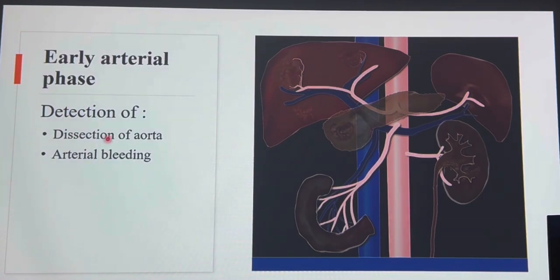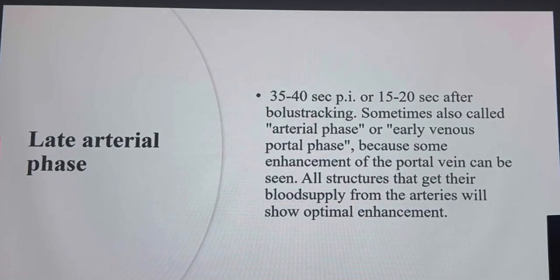Okay, let's go to another phase, which is the late arterial phase. It is called the early portal or venous phase. This is 35 to 40 seconds after injection or 15 to 20 seconds bolus tracking. Forget about the bolus tracking. When we memorize the time from injection,